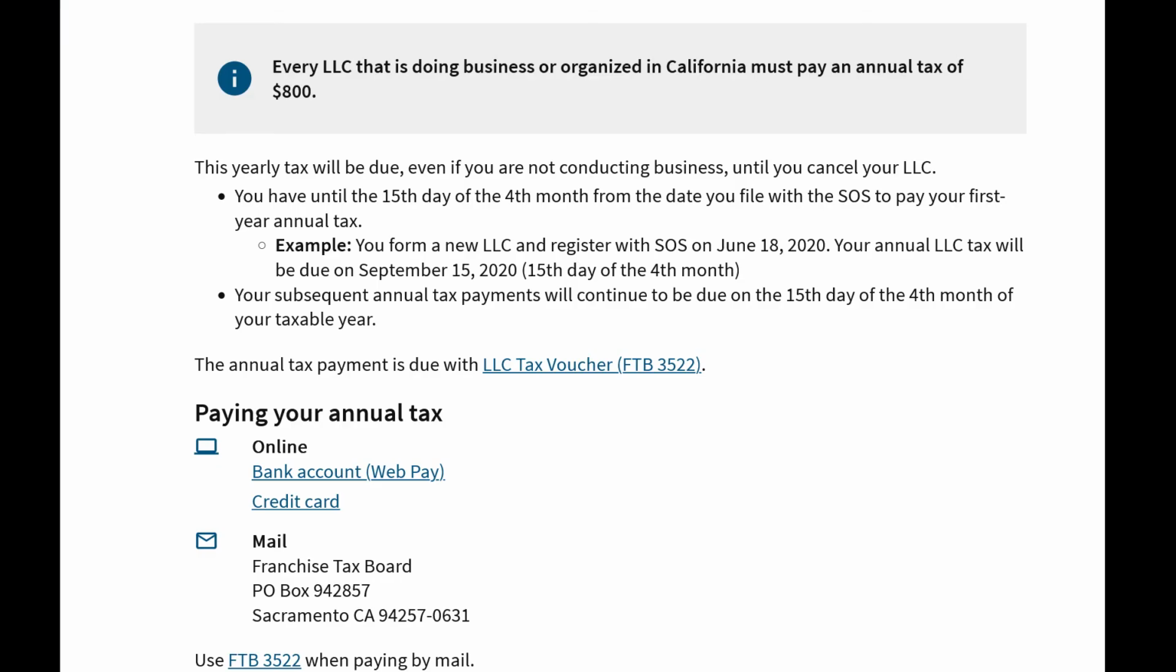Lastly, if you're an LLC, then you're going to be required to pay an annual $800 California State LLC tax. This annual tax is going to be due even if you are not actively conducting business or turning a profit. You have until the 15th day of the 4th month from the date that you file with the Secretary of State in order to pay this for the first time, and then it is